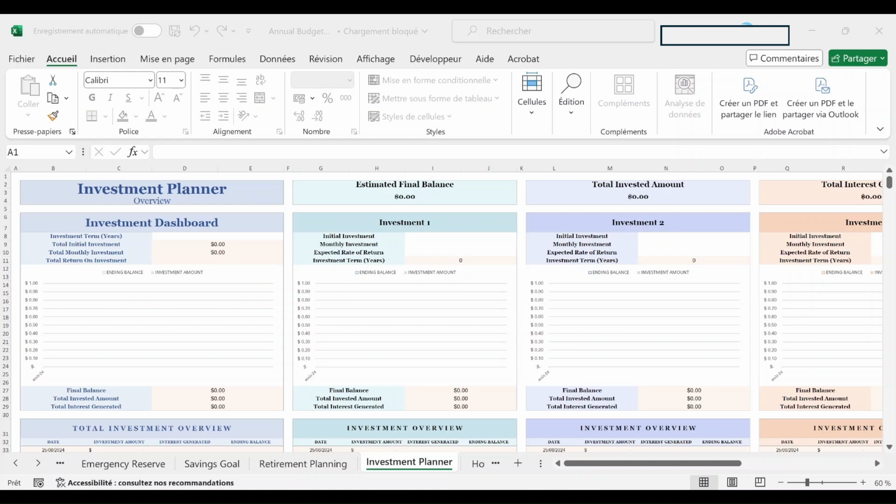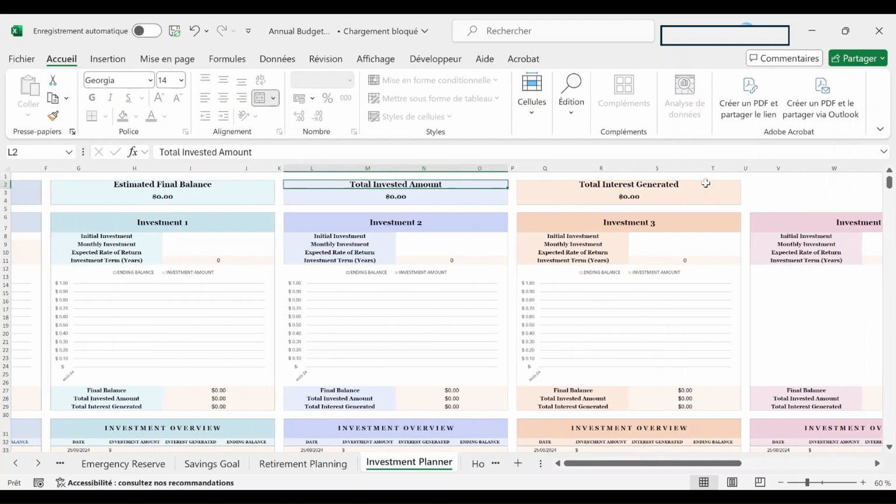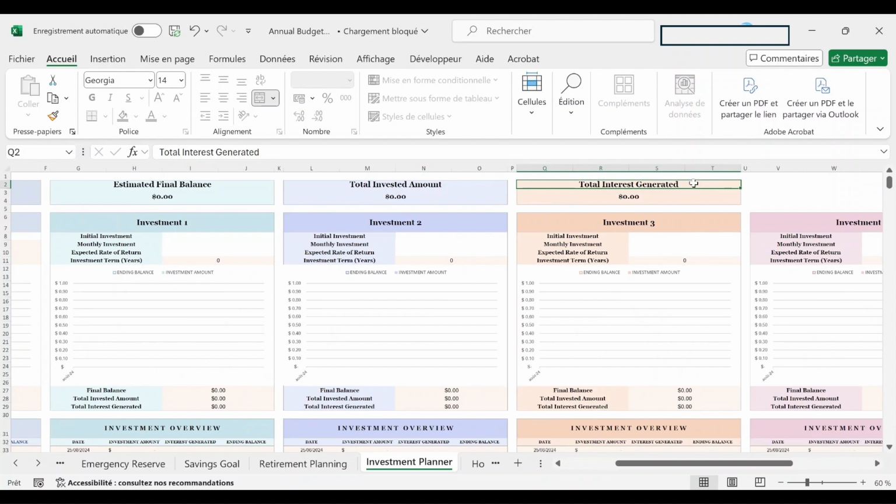Here we will review the Investment Planner tab. This tab allows you to estimate the return on up to 5 investments. At the top, you'll find the estimated final balance of all your investments, total invested amount, and the total interest